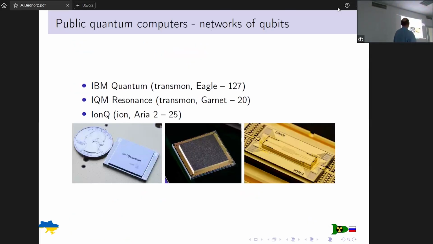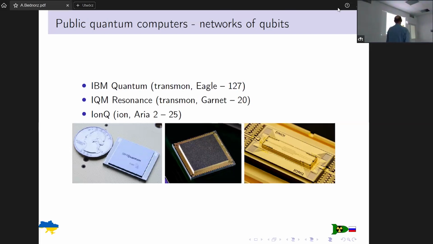So now there are at least 3 providers. There are more, I think, now that give you access to quantum computers. At least these 3 I have used. So the first one is IBM Quantum. I don't know why they always do religion. In God we trust. I don't know. For me no problem, but maybe this is the gap for them.